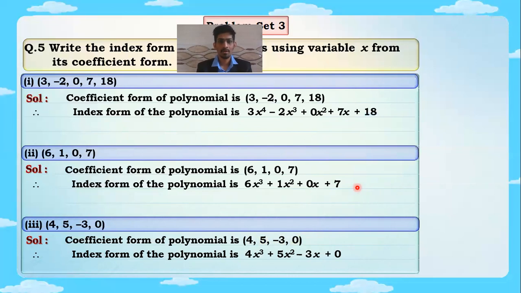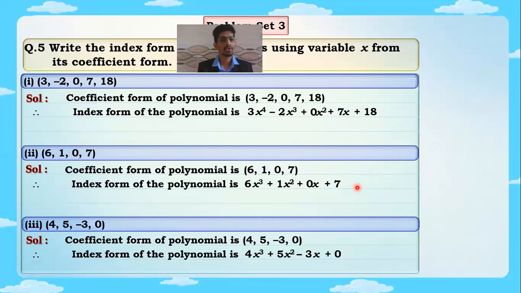Very simple. So I hope all of you are very clear with the concept of forms of polynomials. Standard form, where we just need to arrange the given polynomial starting from highest power to lowest power. No additional change in the question, just arrange what is given. Second form of polynomial is index form, where we arrange the given polynomial starting from highest power to lowest power, and each and every term should be present. If it is missing, we need to introduce it with the help of coefficient 0.